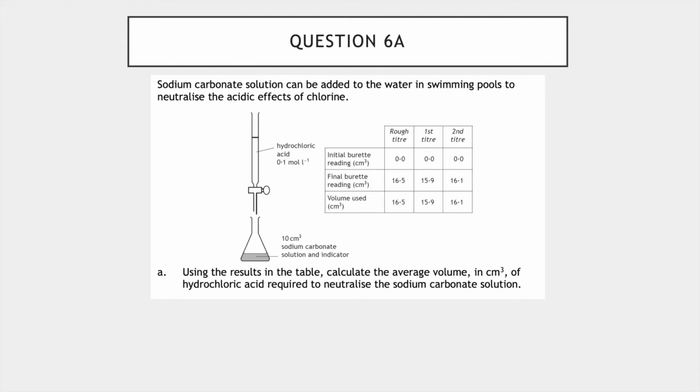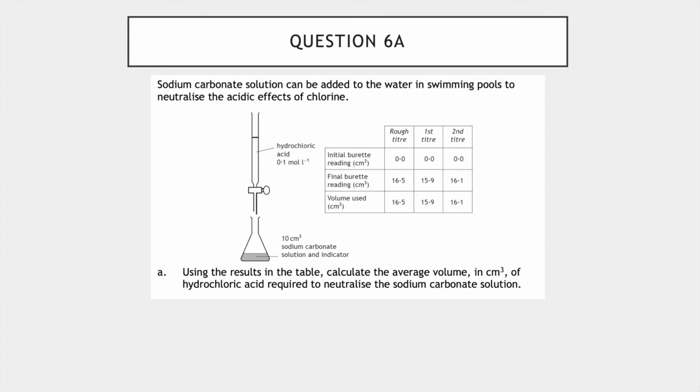So we're going to have a look at question 6a first of all, because we need the answer of 6a to continue on with our calculation. Sodium carbonate solution can be added to water in swimming pools to neutralise the acidic effects of chlorine. Using the results in the table, calculate the average volume in centimetres cubed of hydrochloric acid required to neutralise the